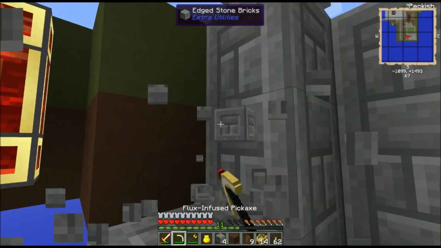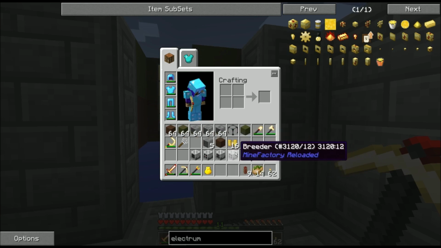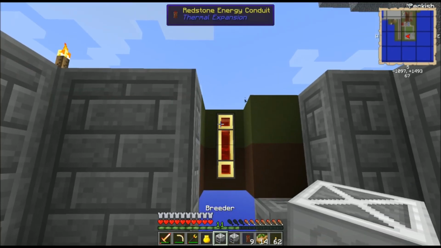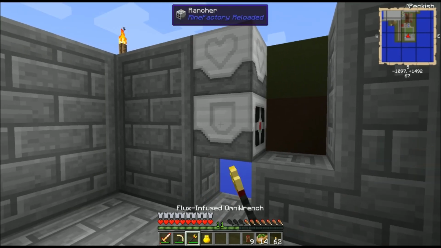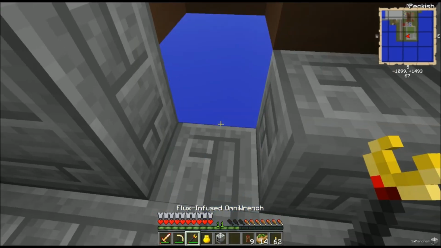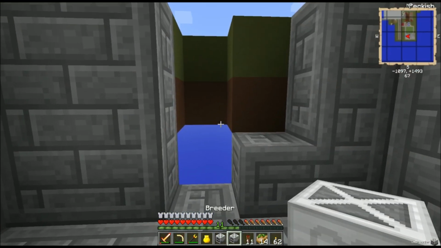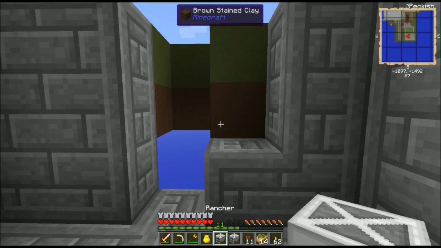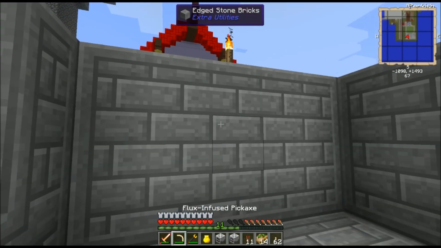And also, I'm going to need, let's see, so the breeder and the rancher need to be right here. So I'm going to put the breeder there, the rancher there. Then I'm going to use my wrench to turn them until they're facing in the directions I want them to. Oh, that's right. I can't set the output sides on these machines. The breeder and the rancher has to output to the back, which means that I'm going to actually